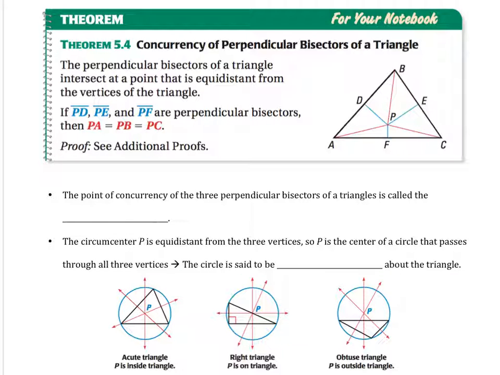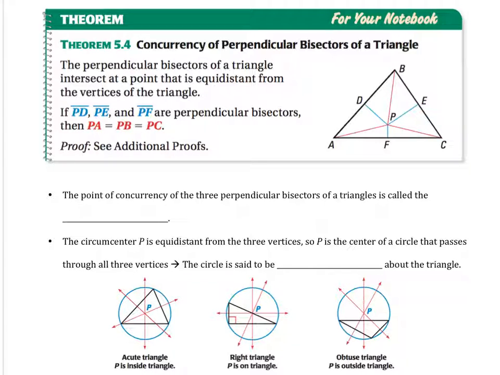And that brings us to the last theorem of this section, the concurrency of perpendicular bisectors of a triangle. It states the perpendicular bisectors of a triangle intersect at a point that is equidistant from the vertices of the triangle. I really like this diagram because they color-coded it for you. It says that if PD, PE, and PF, those are the segments in blue, are the perpendicular bisectors, so if PE is the perpendicular bisector of BC, that means that E is the midpoint of